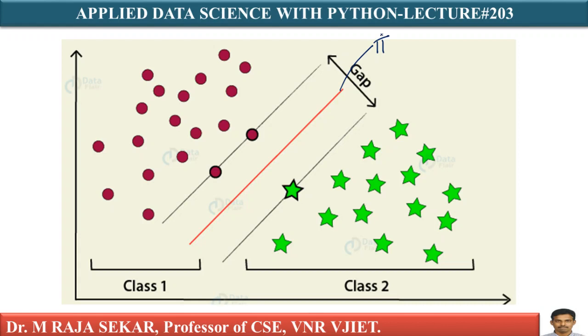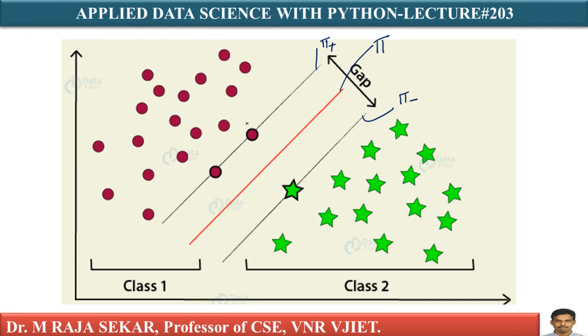Let's assume my pi plus goes through these positive points. Let me say this is my pi plus which passes through the positive points. This is my pi minus. This one also passes through the negative points. Points through which your pi plus or pi minus passes are called support vectors, isn't it?